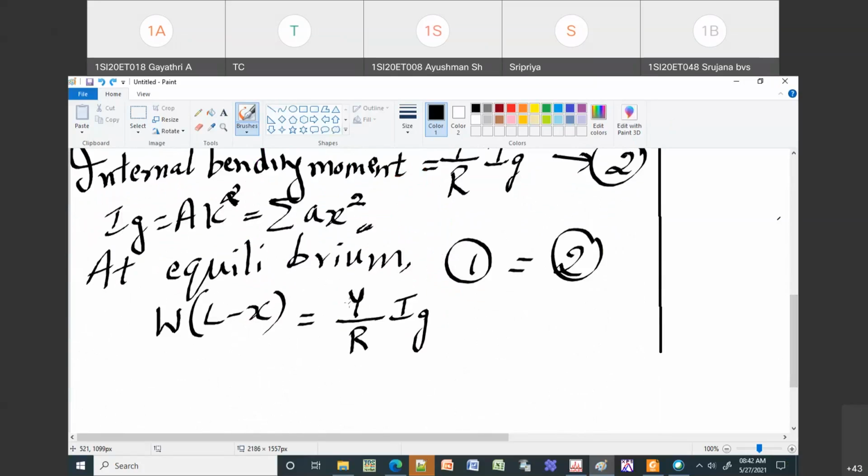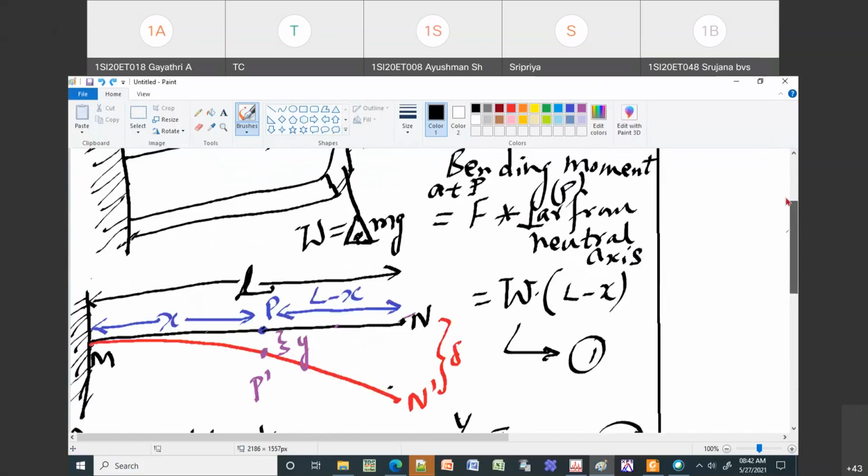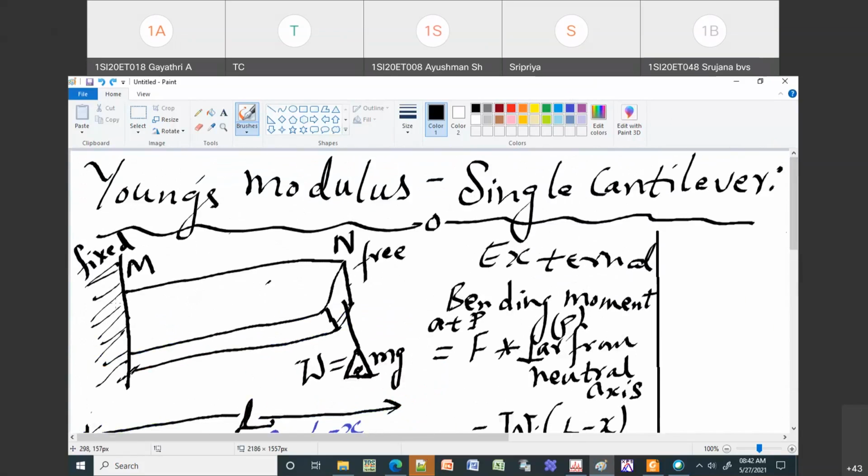Okay. So how is the distance from the neutral axis L minus X? That's a good question. Normally we consider MN to be the neutral axis. MN is the neutral axis. We are not writing all the axes, we are writing only a single axis. So if I want to define this